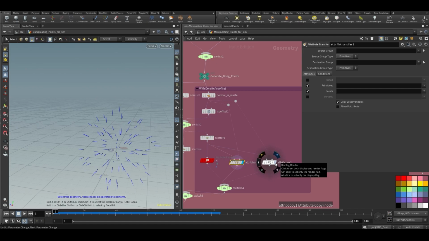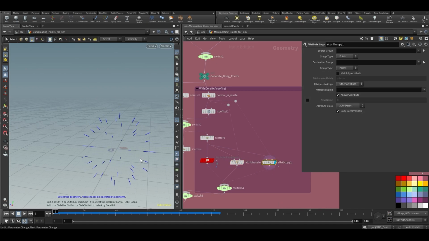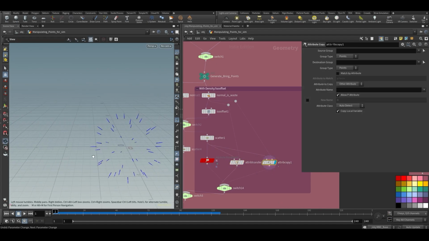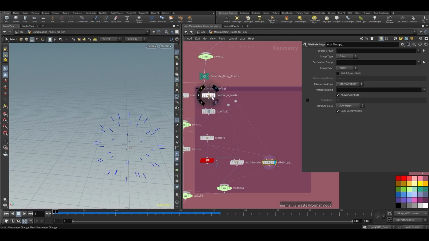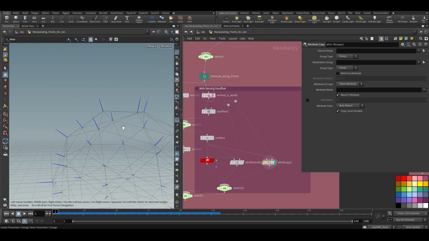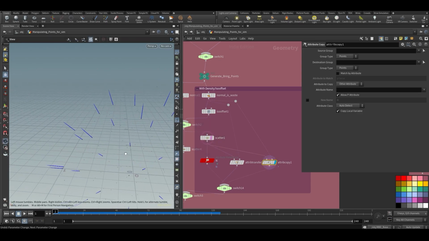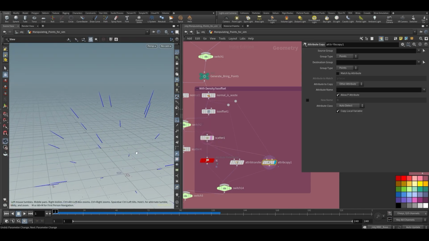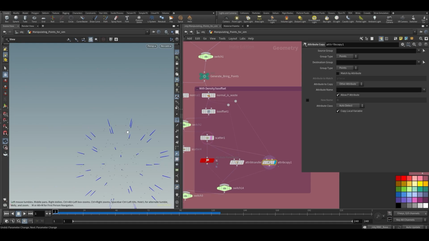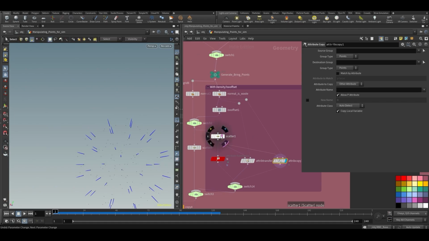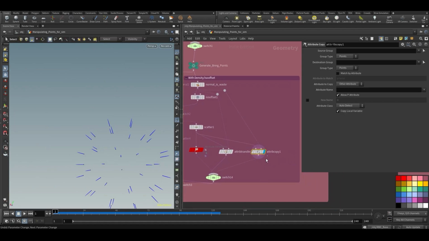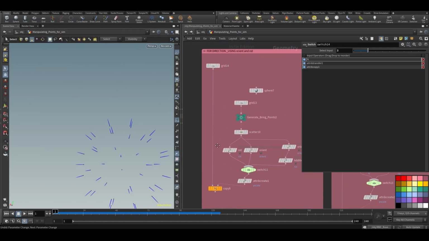And the third one is this one, copy, which you can see is actually taking from this, and it is missing the points that are inside. These are the other methods. You can either copy or transfer. Let's move to the